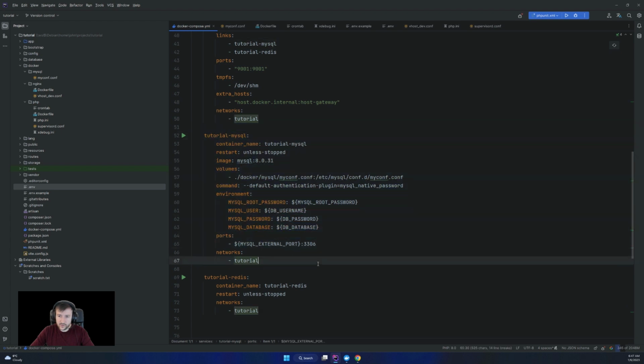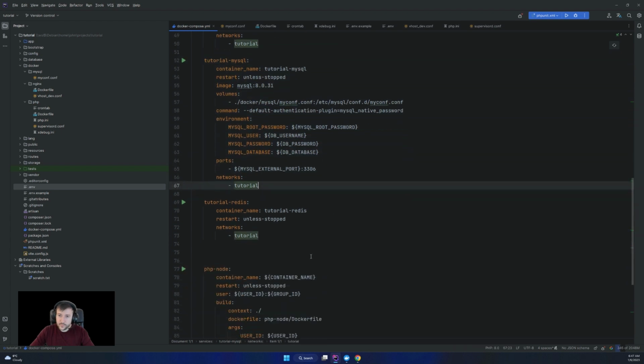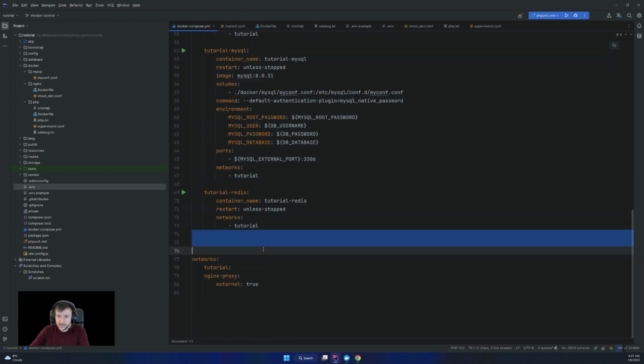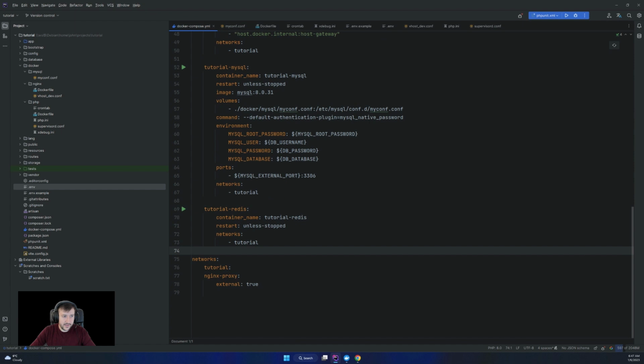And that will be all for the MySQL. Let me delete that because we no longer need it. And the last one is Redis.